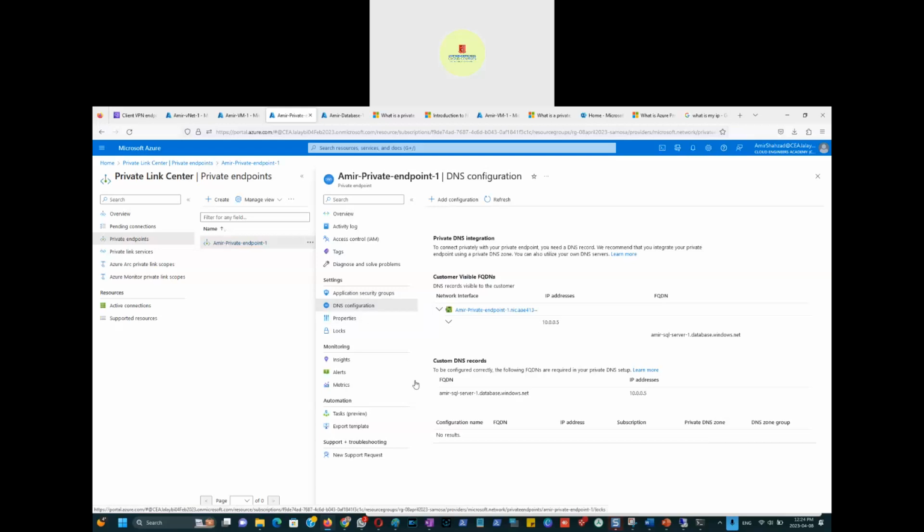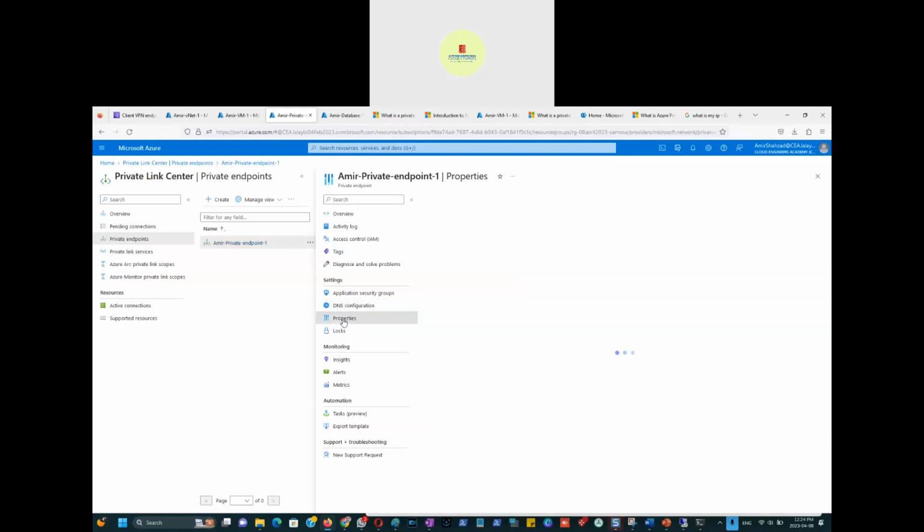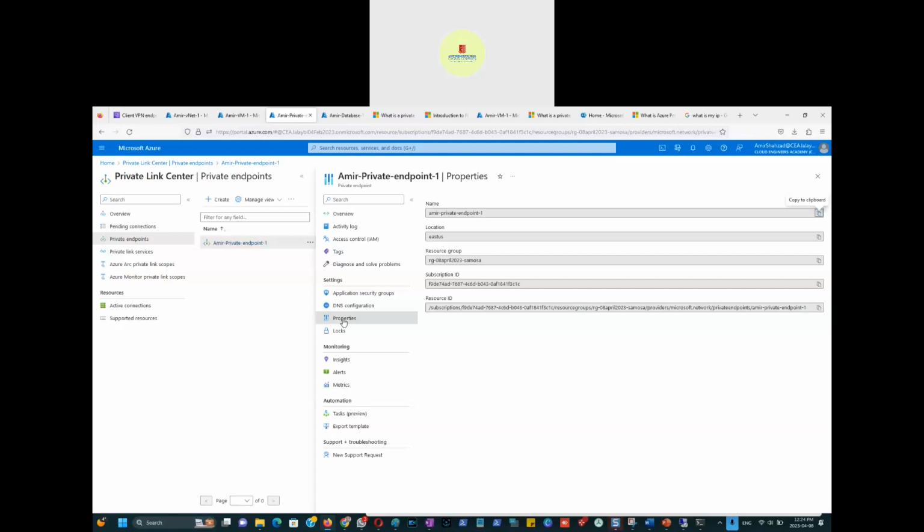Well, we didn't put that there, but in the DNS, it does say that connection to SQL Server is only through a private IP 10.0.0.5. So this is what it says: private endpoint, customizable visible FQDNs. The IP address is this, and this is the SQL Server that can be accessed through this. And if I go to properties,